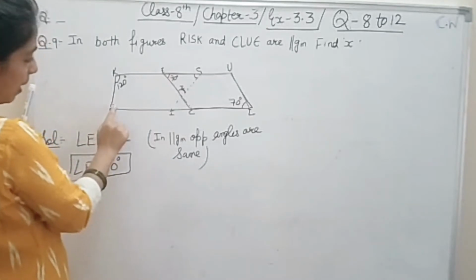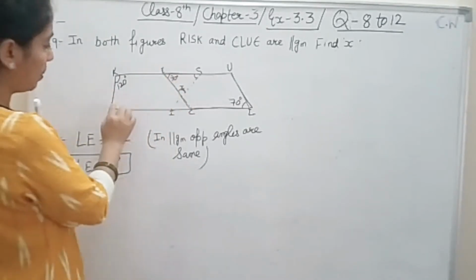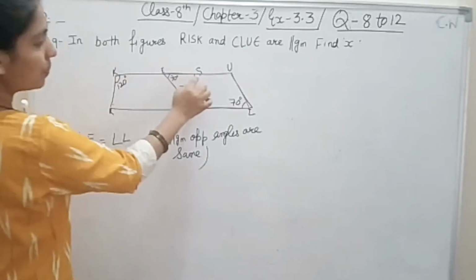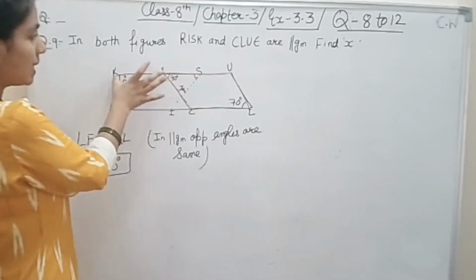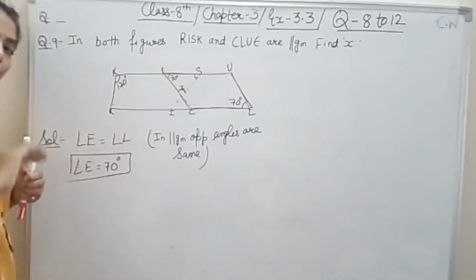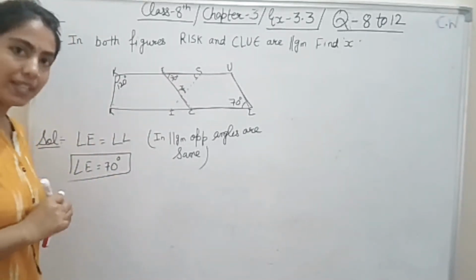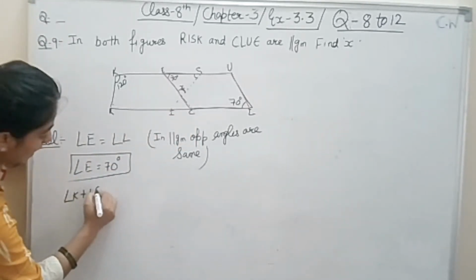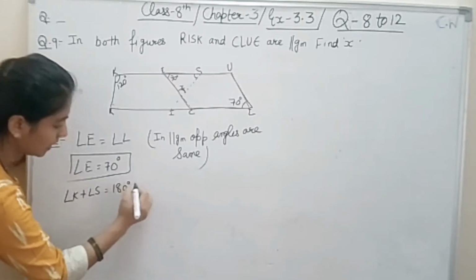As you can see, opposite नहीं निकाल सकते because R is not being given to you. Now here K is 120 and S we don't know. So this K and S, they both are adjacent angles. So what is the property for adjacent angles? Angle K plus angle S is equal to 180 degrees.